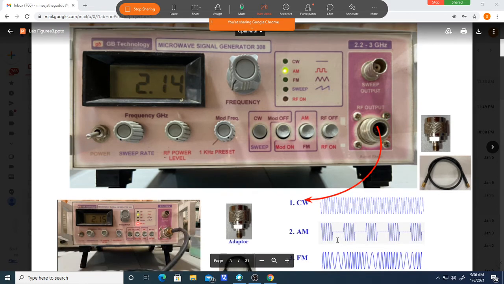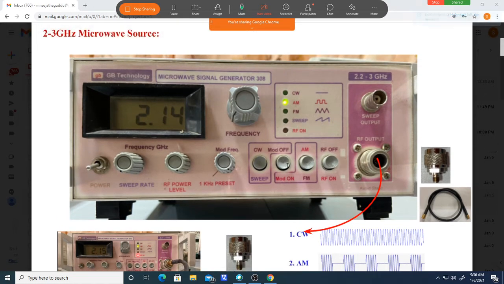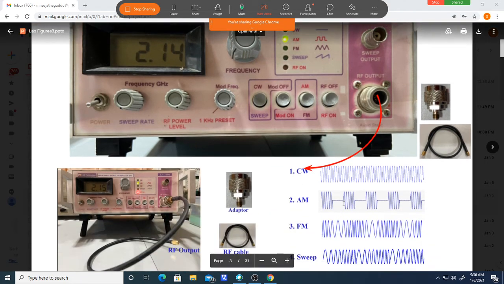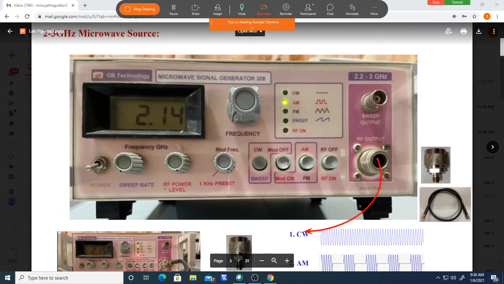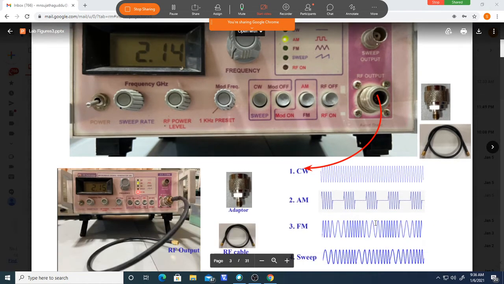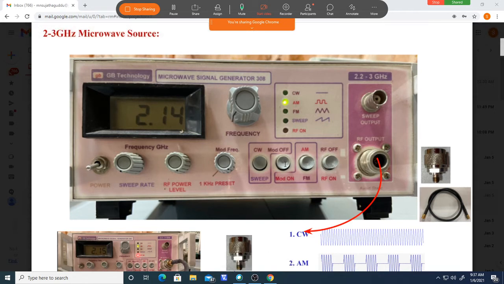If you want it like this, what we have to do is press this modulation on. This is one button. Again for modulation, we have AM modulation and FM modulation. So one button is for modulation. We do not want continuous, we want modulation. But what modulation? Either AM modulation or FM modulation. To select that, first you select modulation. We want modulated, not continuous. What do we have to do?